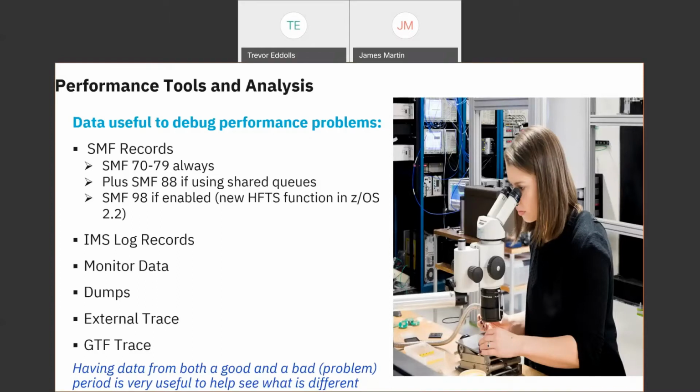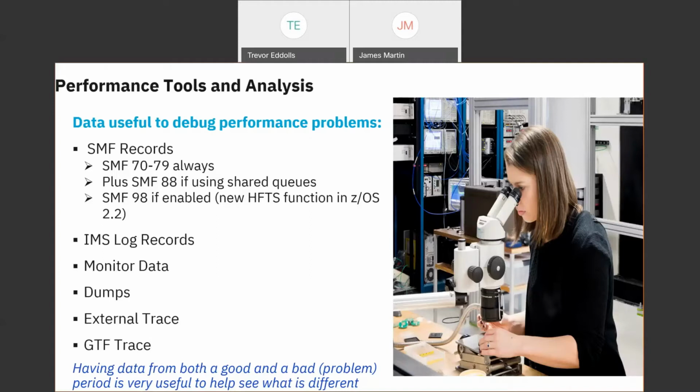Primarily, we use IMS log records. IMS log was built for recovery, but there's a lot of performance information inside of those log records that allow us to really get in and find the heart of the issue. When I talk about IMS log records, I'm also lumping in there, if we are an IMS Connect customer,